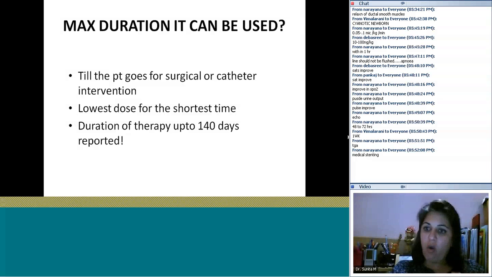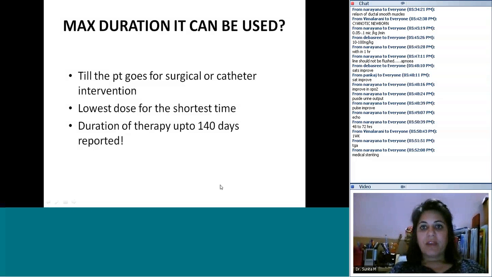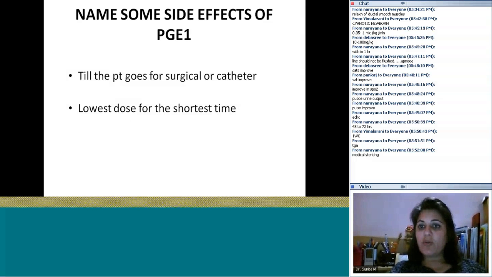So in a TGA, you would give it for 2-3 days, prepare the LV and do the switch, or give it for 2 days till the patient becomes hemodynamically stable, acidosis improves, and do the switch. In situations of hypoplastic left heart, where they've been put on the transplant list, one Loma Linda University in the US, they used to keep them on prostaglandin for weeks and months until they could get a heart for them. So that is one indication of long-term use of prostaglandin.